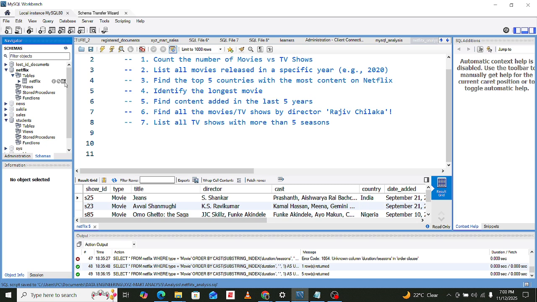So this is the data set that I want us to check. You can see under the Netflix database, I had already created this. And you can see under this database, I have a table here that is called Netflix. So inside this Netflix is where I'm going to access this data set here. So I think you can just shift to this database, use Netflix.